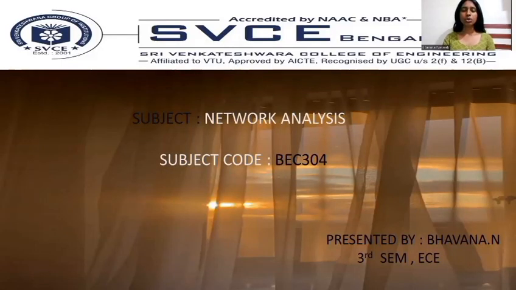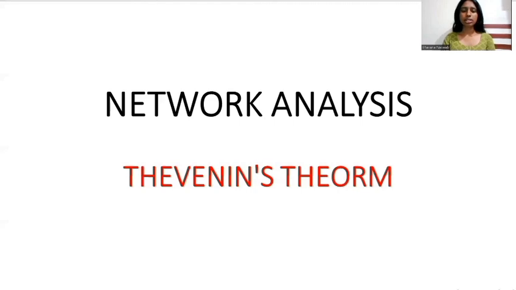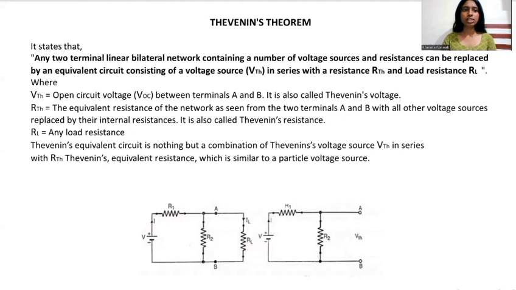Hello guys, welcome back. Today's subject is network analysis and the topic is Thevenin's theorem. Thevenin's theorem states that any two-terminal linear bilateral network containing a number of voltage sources and resistances can be replaced by an equivalent circuit consisting of a voltage source VTH in series with a resistance RTH and load resistor